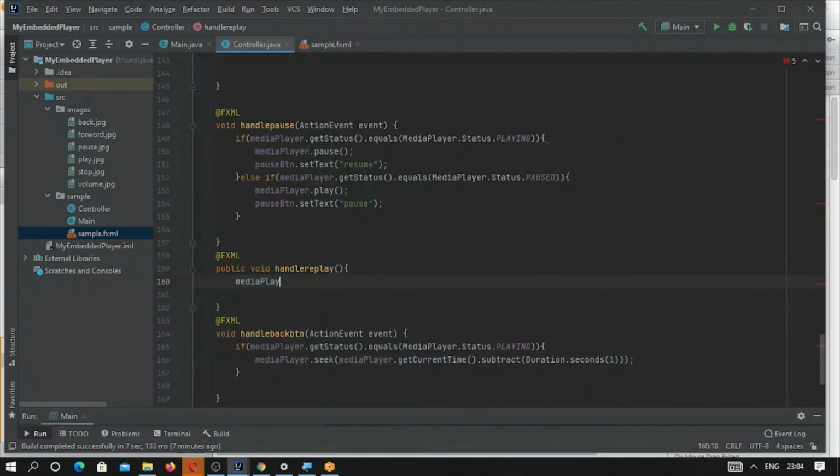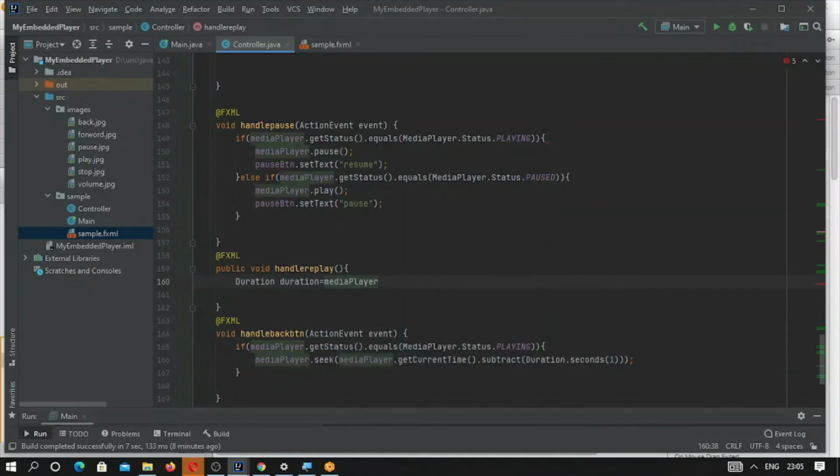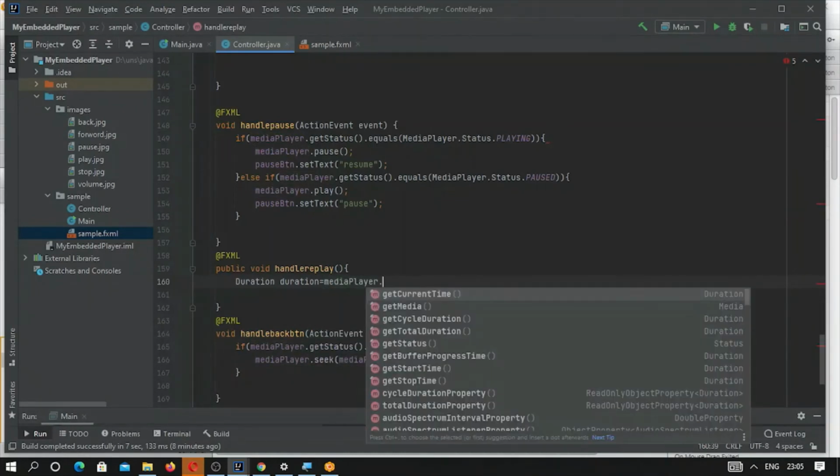First we have to find out the duration. Get current time.